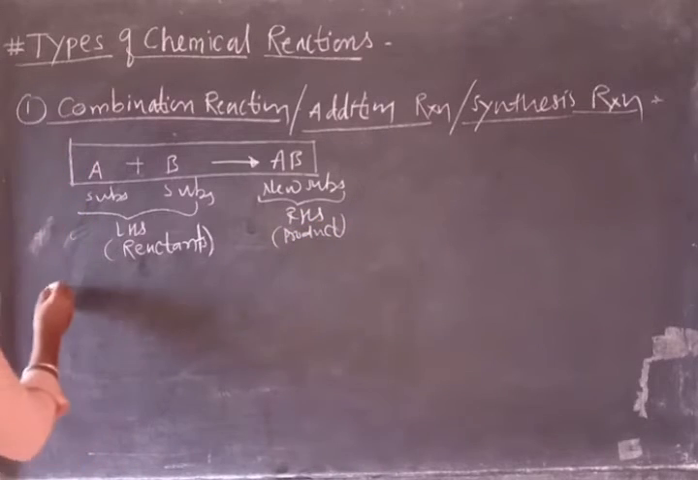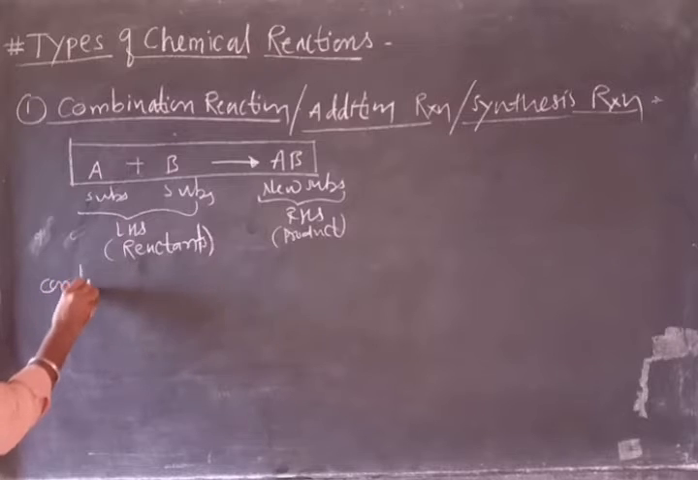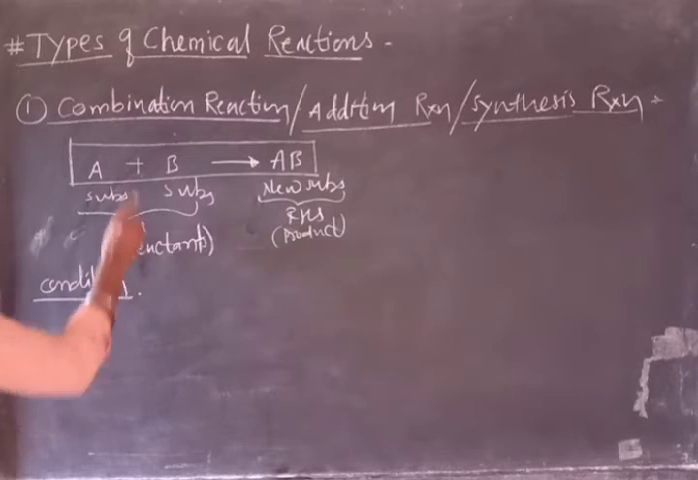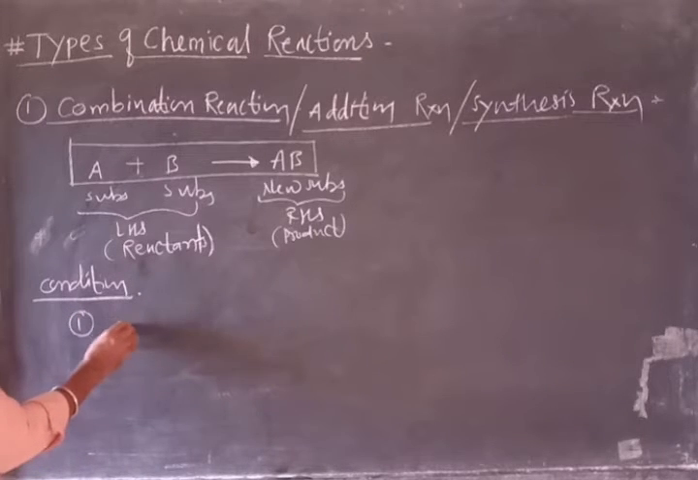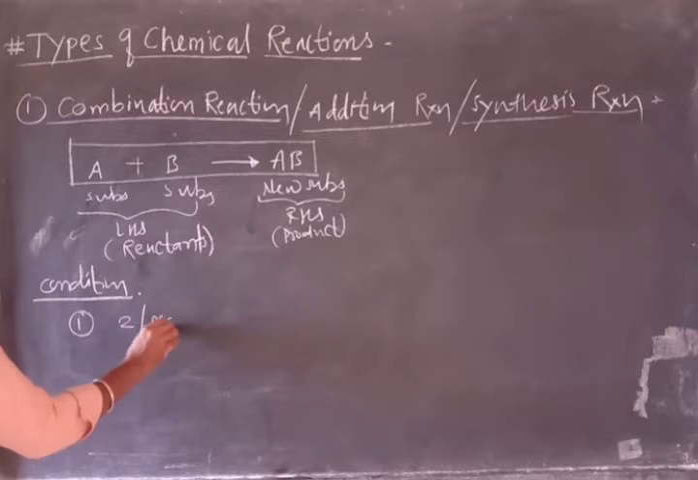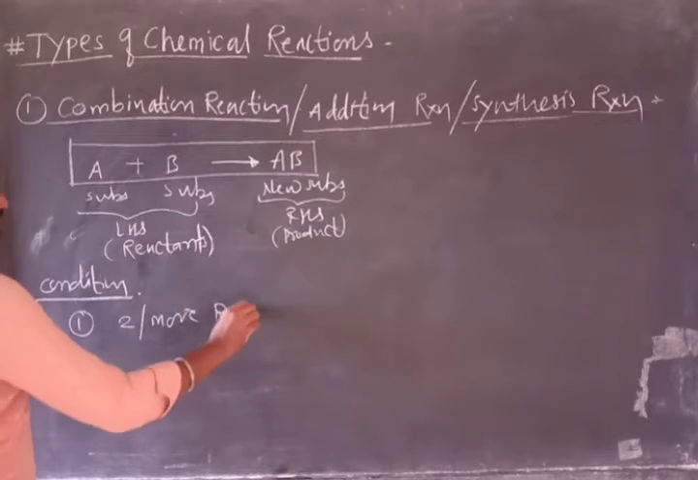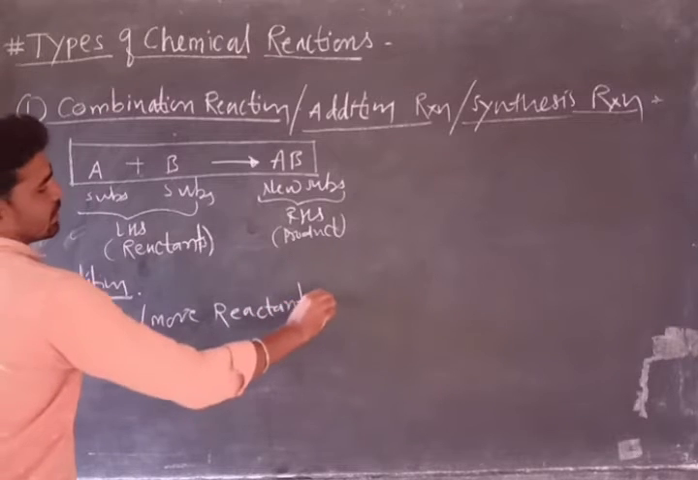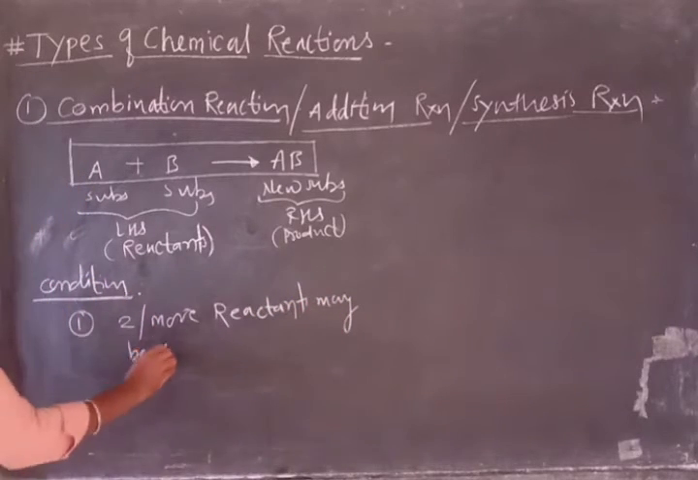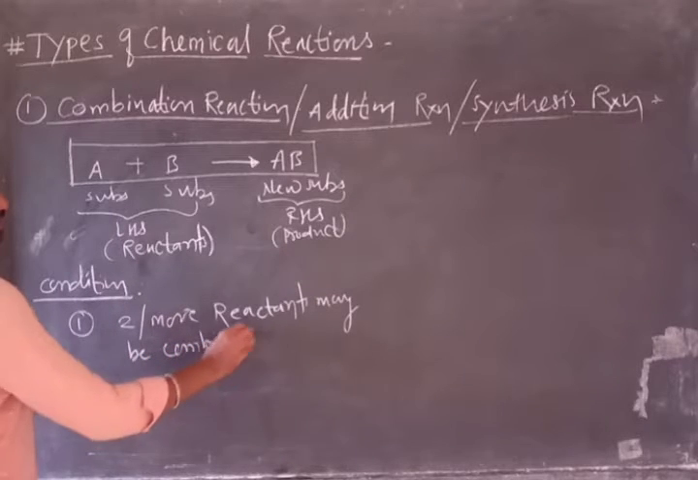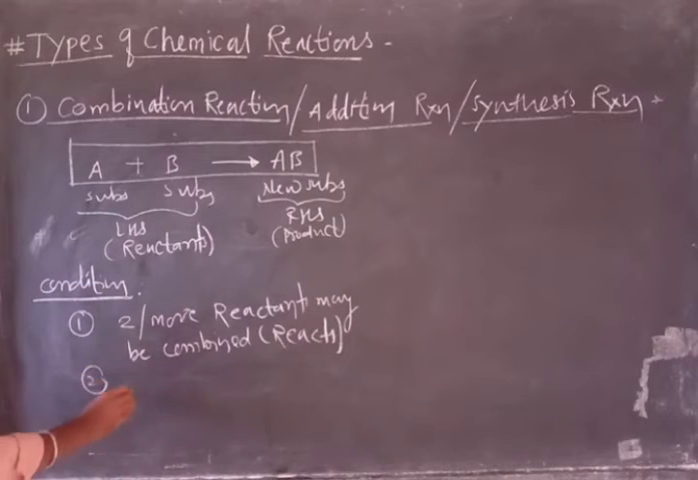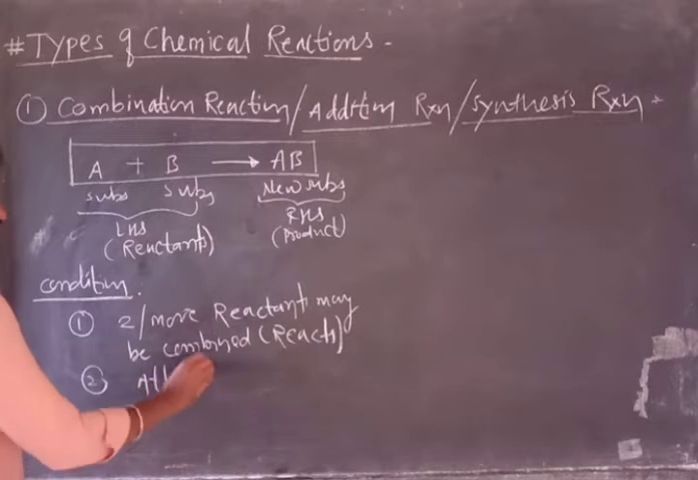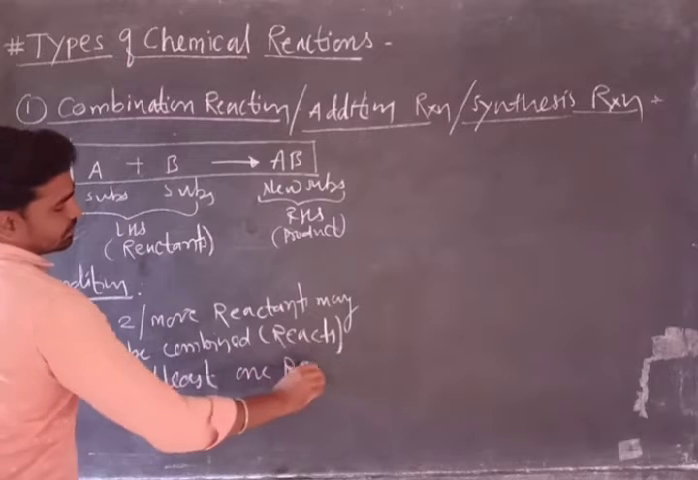So let me tell you the conditions for a combination reaction to occur. The first one is that two or more reactants may be combined, that means they may react with each other, but the condition is that out of these two or more, at least one reactant